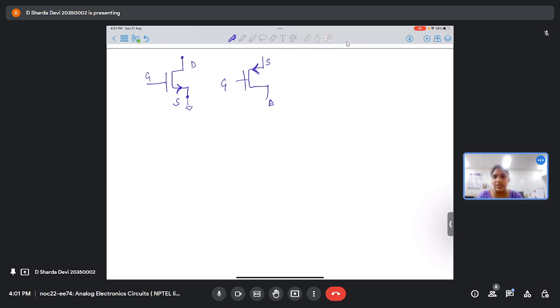Now for NMOS, we know generally source is at lower potential than drain. Is this clear? Yes, ma'am. For an NMOS, source is at lower potential than drain. So we'll draw source at the lower end, drain and gate at the upper ends, the higher ends. And here it will be a source. Okay, this is clear? Yes, ma'am. And now we know